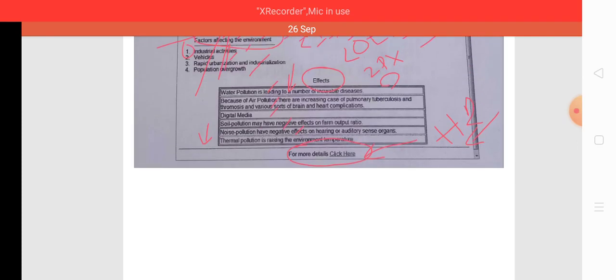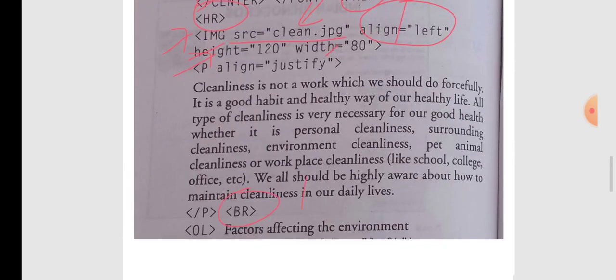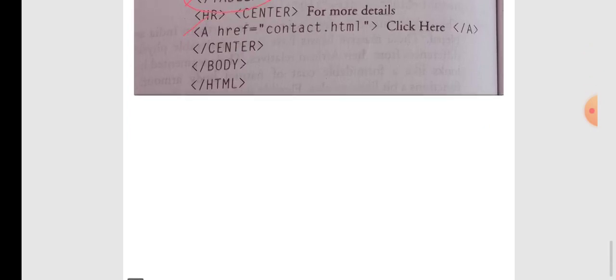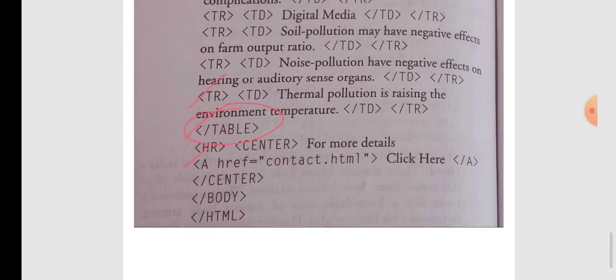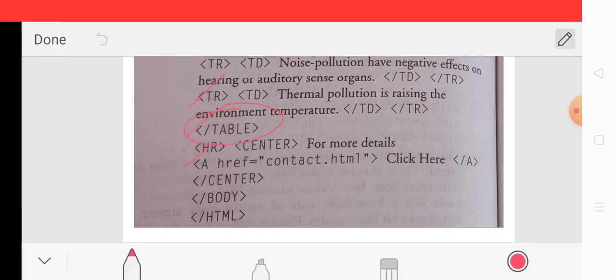Now there is only a single line or single statement, that is center aligned, and that contains a link. So to implement this part of the web page, we simply use the center tag first of all to write the content in the center of the web page.